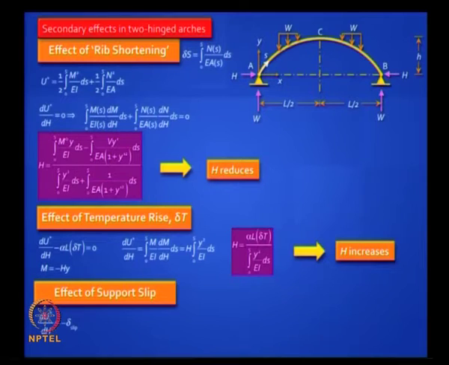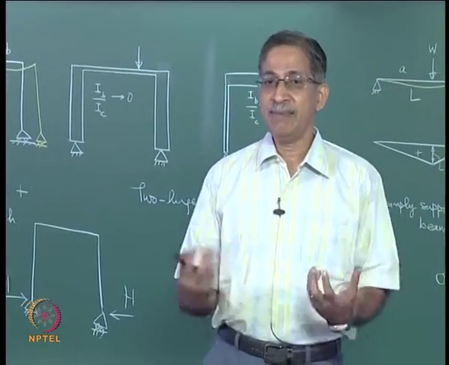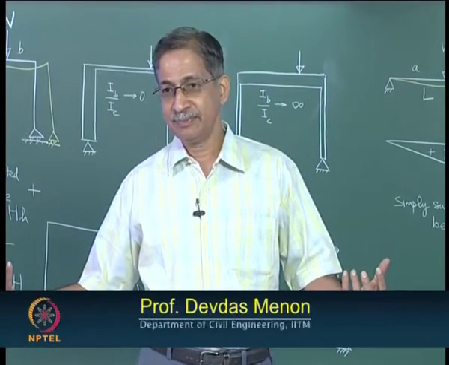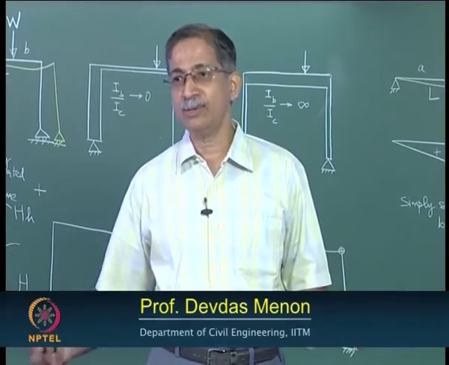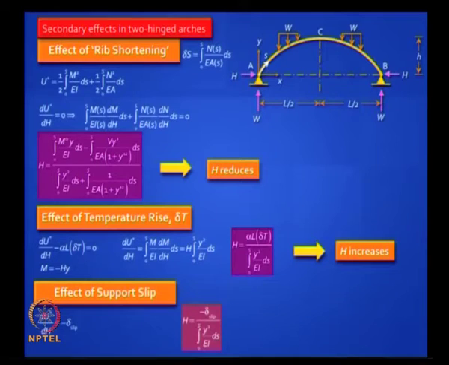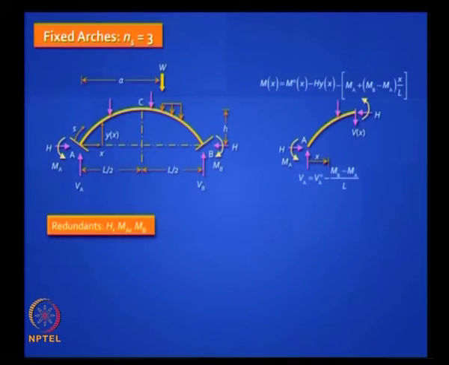Supposing your supports slip, we have conveniently assumed that the two supports remain in place, but when the horizontal thrust is very large, it will move, right. In bowstring girder arches, what prevents a movement is the tie member at the base, but the tie is not infinitely stiff, it can move. Is it clear? So that movement also you can call it a slip. If it moves, will capital H increase or decrease? It will decrease. If it moves all the way, it will go to 0. So you can prove this, it is a function of the axial stiffness that you get.